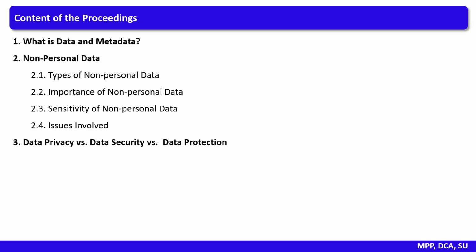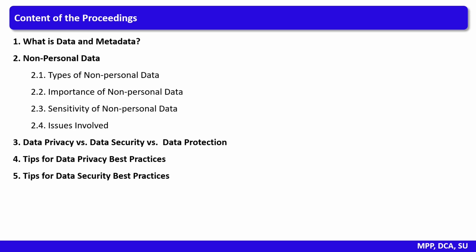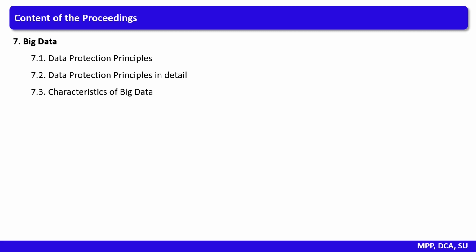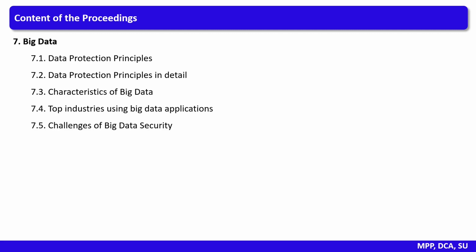Then we will move on to data privacy, data security, and data protection, wherein we will discuss tips for data privacy best practices, tips for data security best practices, tips for data protection best practices. Then we will move on to big data, wherein we will discuss data protection principles, characteristics of big data, top industries using big data for their applications, and challenges that are involved in big data